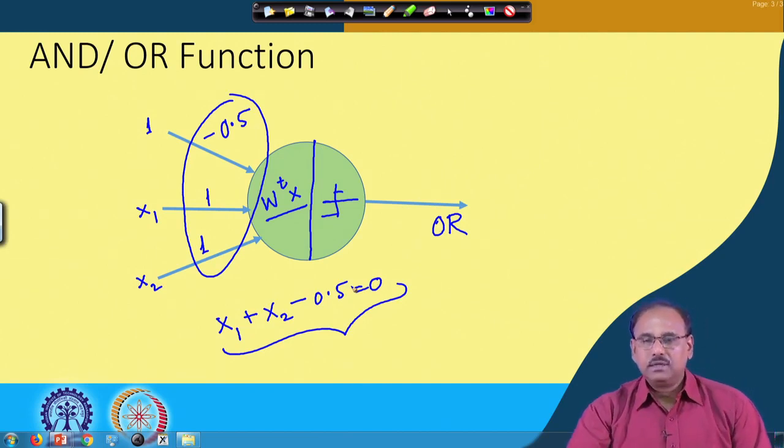We have also said that we could implement the AND function and OR function using a simple single layer neuron or a single neuron, because the classes in this case are linearly separable. Now, what happens if the classes are not linearly separable? We have discussed earlier that in non-linearly separable cases,